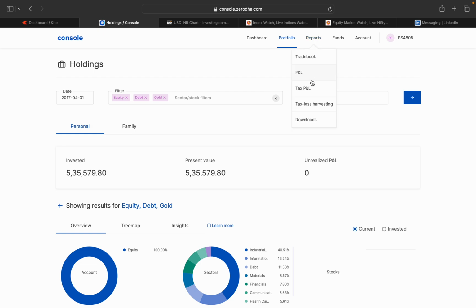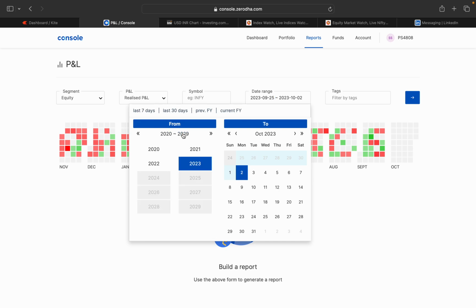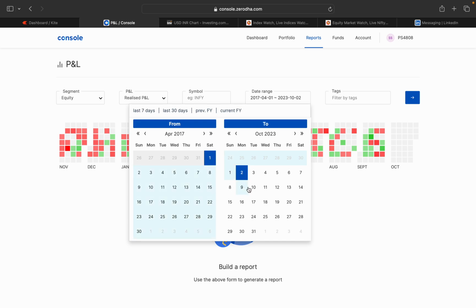Regardless, we come to the reports column now, and we just go to P&L, and I will select the equity segment, and I will select the realized P&L segment, and I will select the dates from 1st April 2017. My objective is not to go all the way till October 2023, because we discussed that the last year would obviously be profitable for me, but to view each of these segments in 5 year intervals. So from FY 17 we need to go till FY 21, which would basically be March 22, that means 31st March 22,